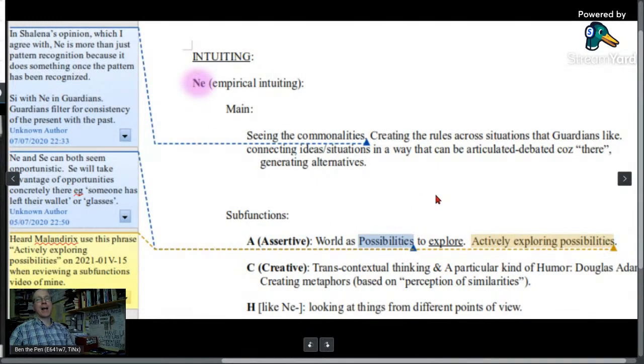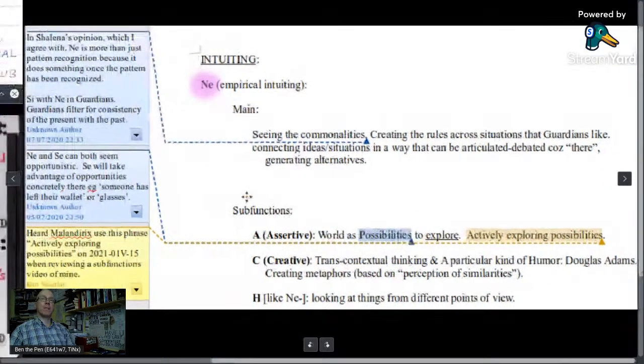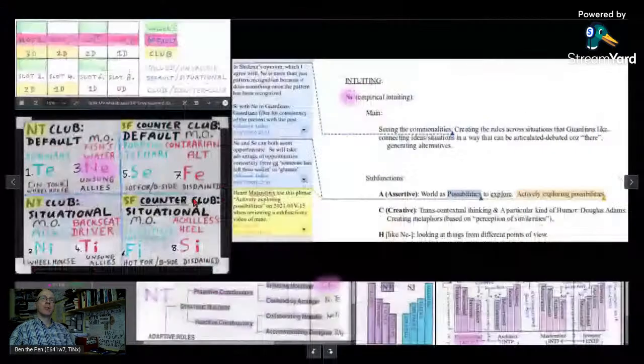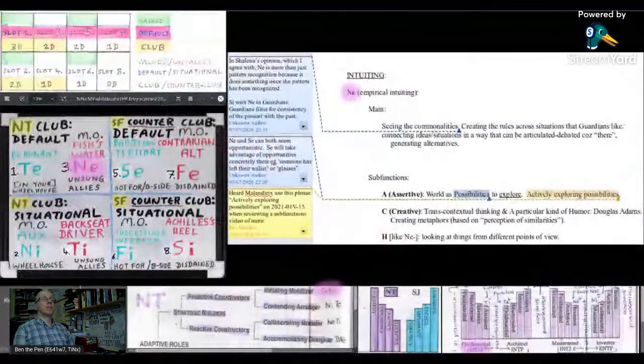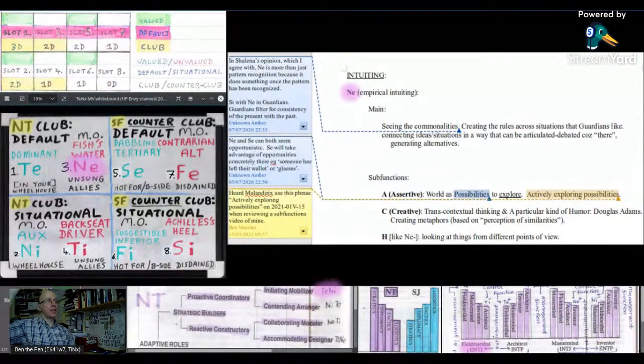So what I was saying there about actively exploring possibilities. But how might ENTJ use Ne? They'll see the gap in the market. Oh, there's a possibility there. Oh, there's demand there. And so it's going through that filter. It's feeding the Te and the Ni. So again, these are unsung allies. These are strong functions, but they are unvalued. Now, depending on the person, it depends how much they develop.